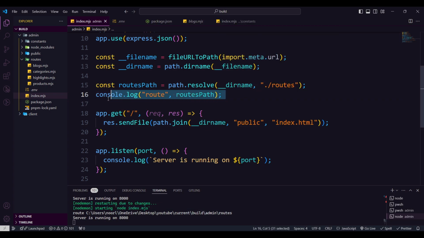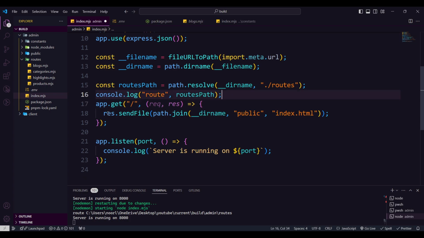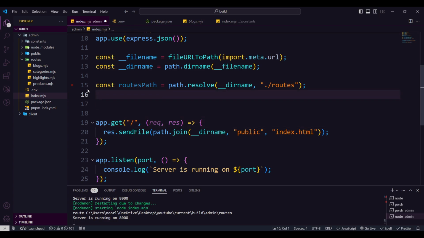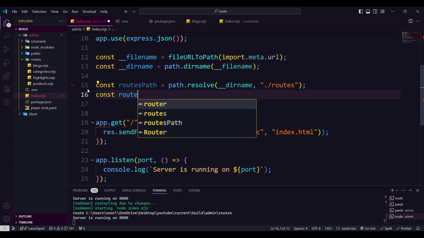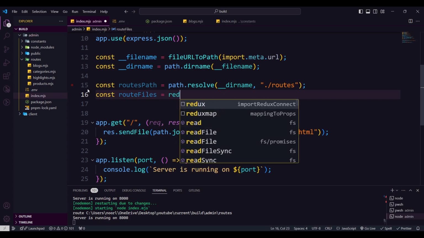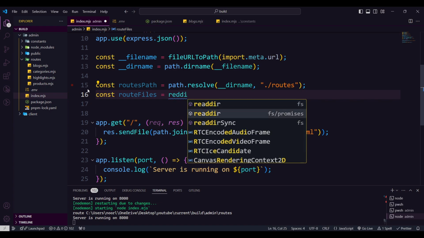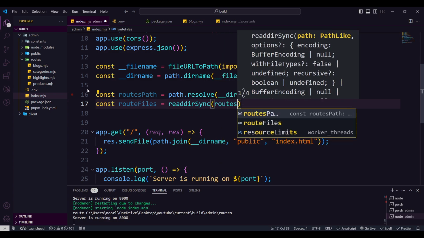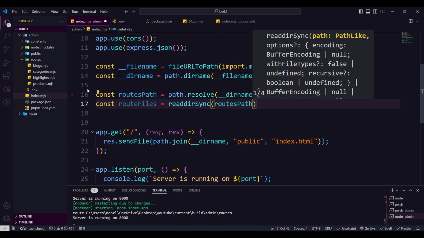So we have the paths, so now we can access the route, right? So what we're gonna do is, from here we can make that a const routeFiles. We can get the files here, and we will use readdirSync from the fs, the file system of Node.js. We're gonna access that, and we're gonna give it the routes path so we can access the path